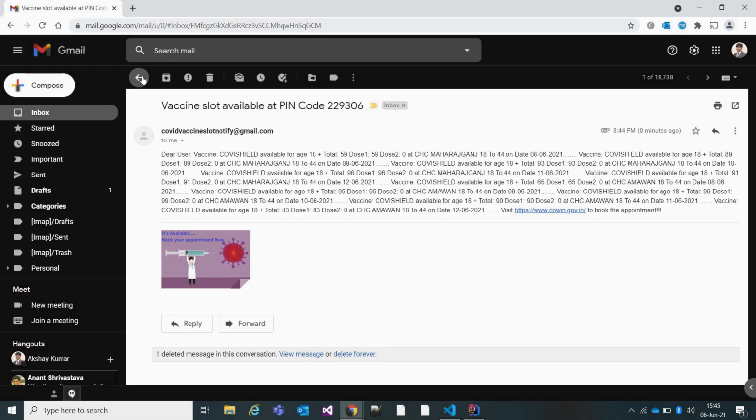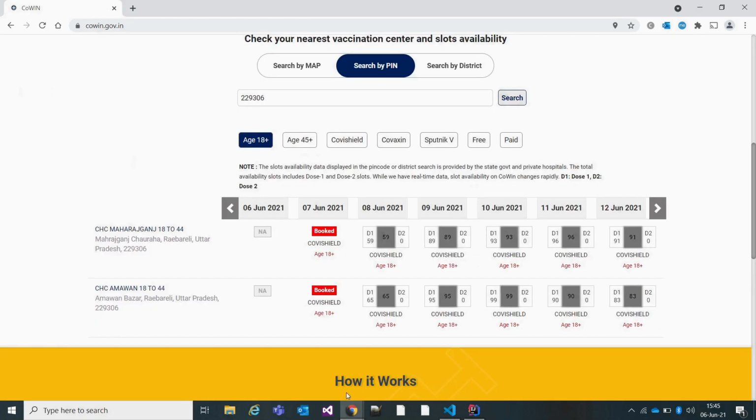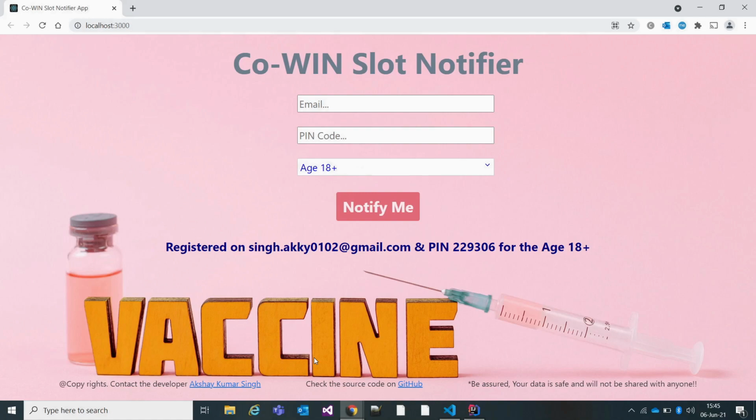Let us quickly jump to the UI side. There will be two parts for this particular demonstration.